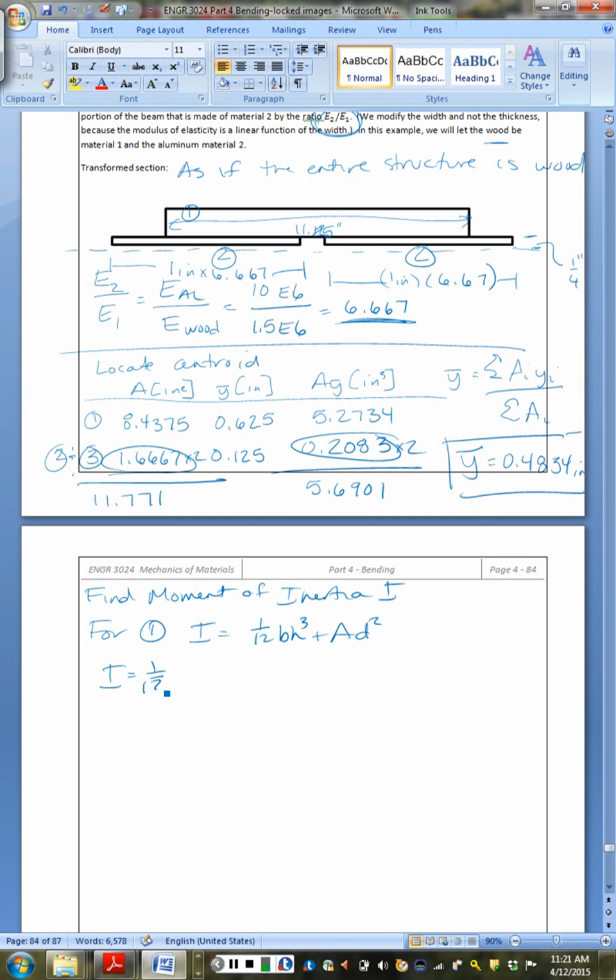So 1/12 times 11 1/4 times 3/4 cubed plus its area we just found was 8.4375, and the distance between its centroid and the composite centroid we just located